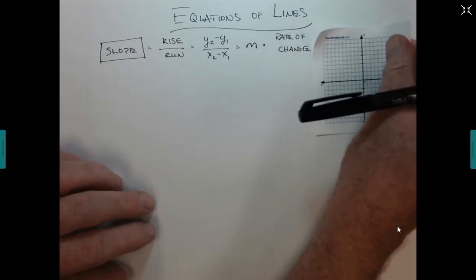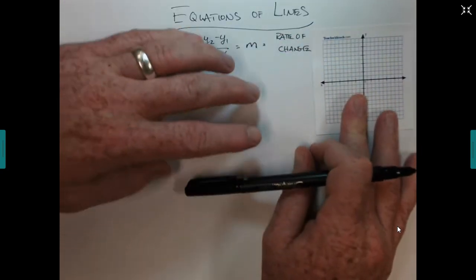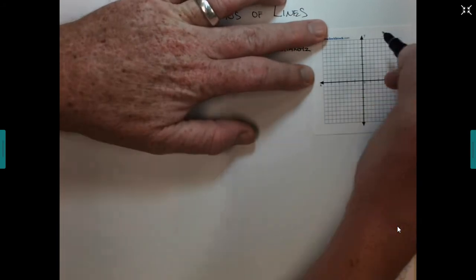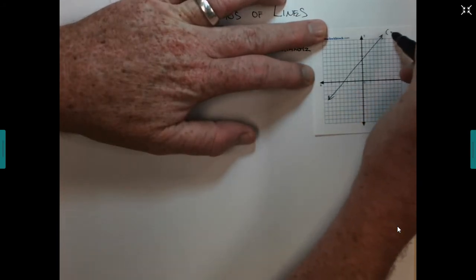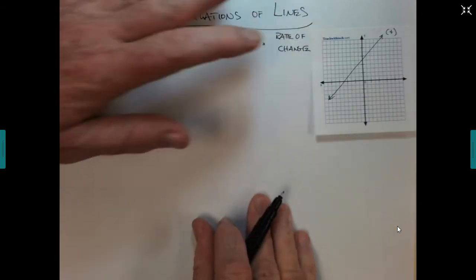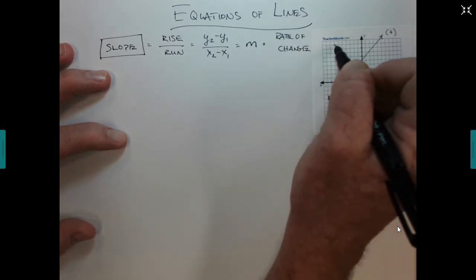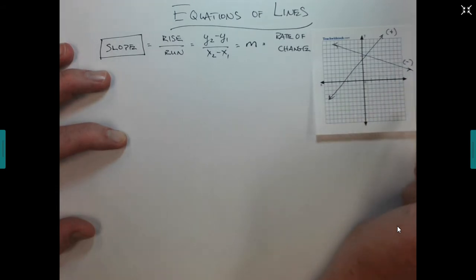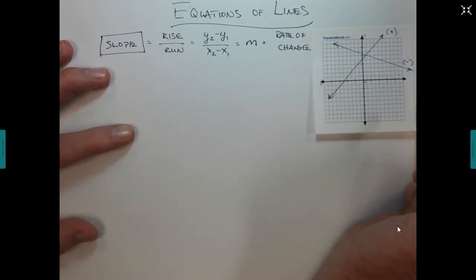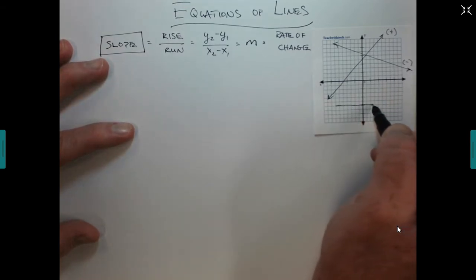If I were to put a little graph here, trying to understand that a slope that is traveling in this direction would be referred to as a positive slope. That's a slope that's going uphill, all right? A slope going this direction, this would be a downhill slope or a negative slope. A slope that is horizontal,